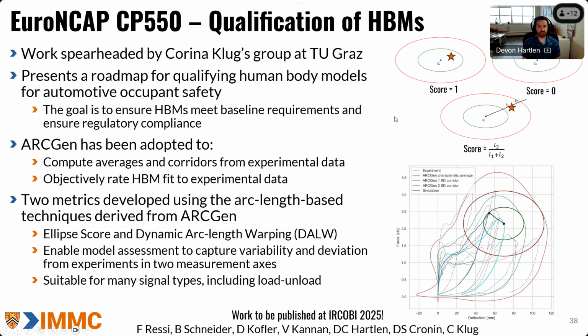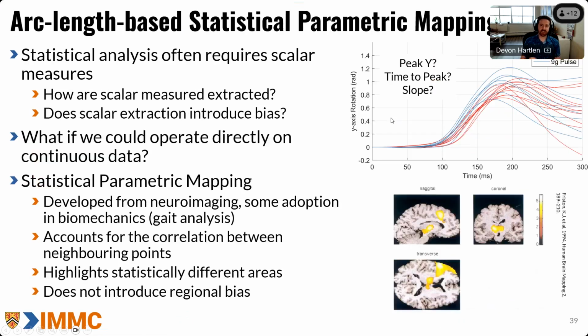So the work that I'm working on here at the University of Waterloo is actually extending ARCGen to answer more questions. And what we focused on was, how do we perform statistical analysis? Let's look at this example data set on the right-hand side here. It is sort of head rotation, or in the nodding direction, for the same oblique data set we had seen previously in the demonstration. We have a 9G pulse and a 7G pulse,